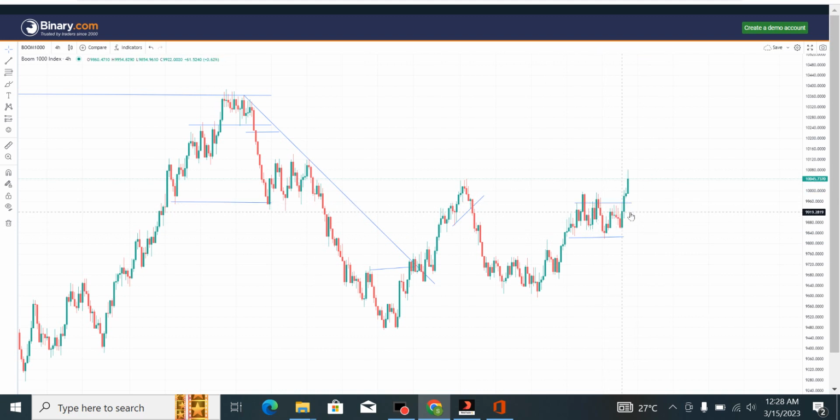Yesterday we gave this pinpoint: this particular chart, this is Boom 1000 on the 4-hour time frame, it was ranging between here and here, and I said once it breaks out above this resistance zone, then the next resistance zone is this, okay? Let me clone that. The next resistance zone is somewhere here, and if it breaks out above that, then definitely we'll have to go to the next resistance zone, which is somewhere around here. And of course, as you can see, it also broke out above that, so it is now moving up to